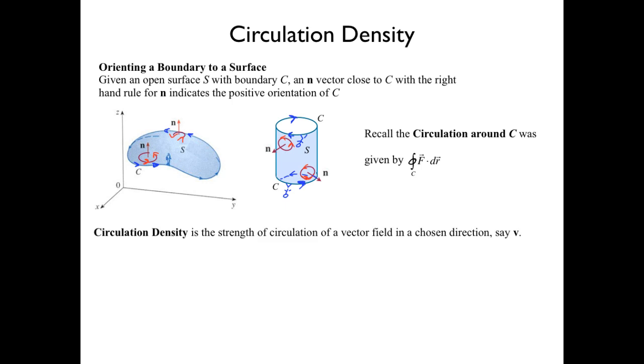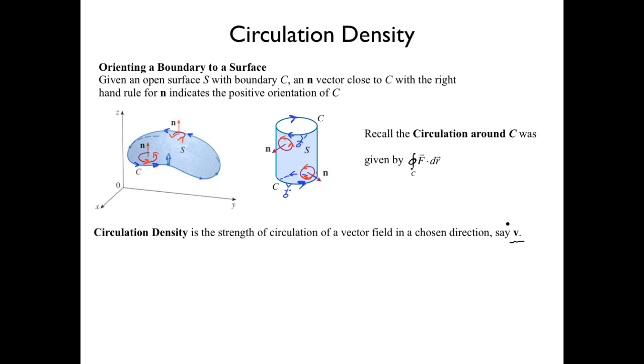All right, so what's circulation density? Circulation density is the strength of circulation, and it's like looking at the line integral per the area inside. Just like the flux density was the surface integral per volume inside, this is going to be the line integral per area inside. Okay, and you can choose any direction V